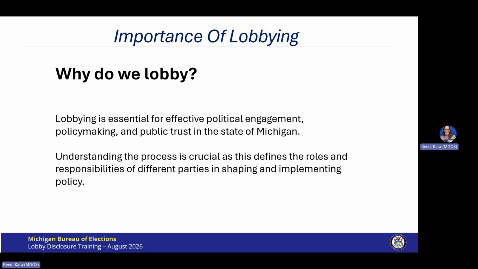Second, lobbying helps to build public trust by demonstrating the importance of the issue and the efforts made to address it. Third, lobbying can mobilize resources and support from various groups, making it easier to achieve policy goals. And lastly, it engages legislatures and public officials in the decision-making process.